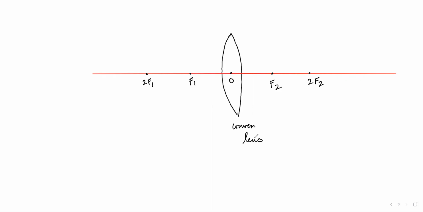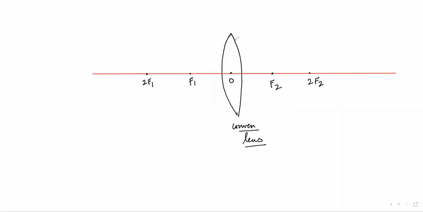So first case, just like now this convex lens, you know how many reflecting surfaces it has? Both the surfaces are reflecting surfaces. But now we talk about refraction, right? In case of lens, we talk about refraction. So none of the surfaces is painted. That's what I wanted to say. It has two surfaces, and none of the surfaces is painted.